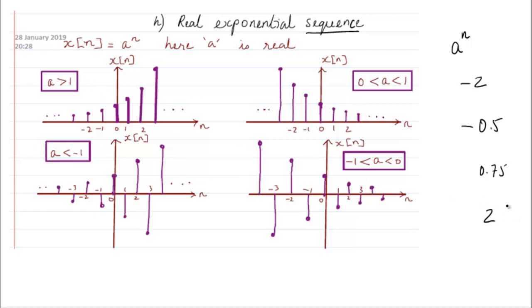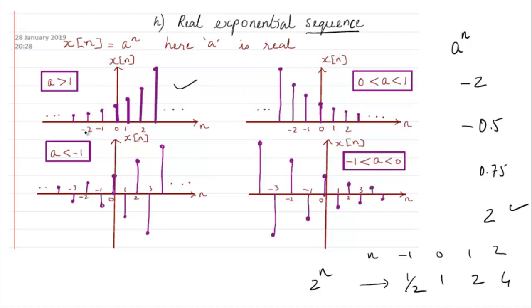So the first case, when it is greater than 1, you will have the values expanding exponentially like this with each value of n. It's very simple. If you take 2, then 2 raised to power n. As the value of n goes from minus 1, 0, 1, 2, you will find that 2 raised to power n goes to 1 by 2, because 2 raised to power minus 1. Then 2 raised to power 0 is 1, then for n equal to 1 it is 2. For n equal to 2, it is 4. Like that it is going to increase, and that is what is drawn here.